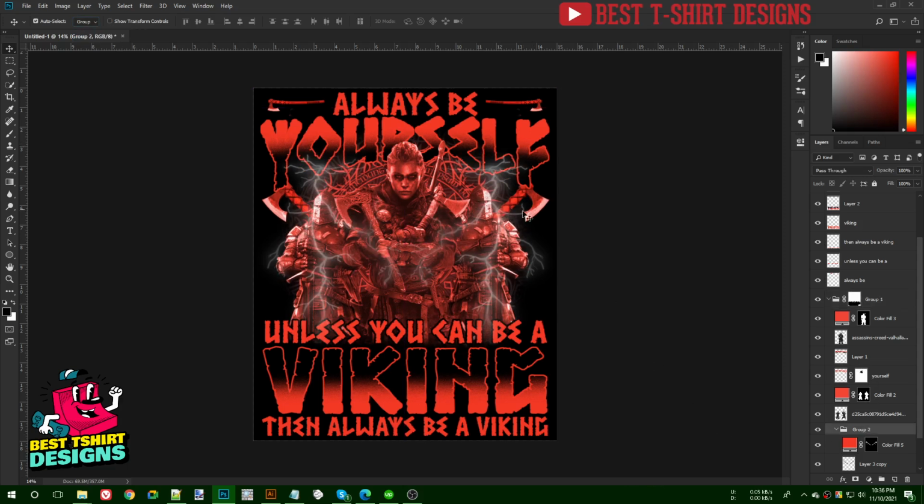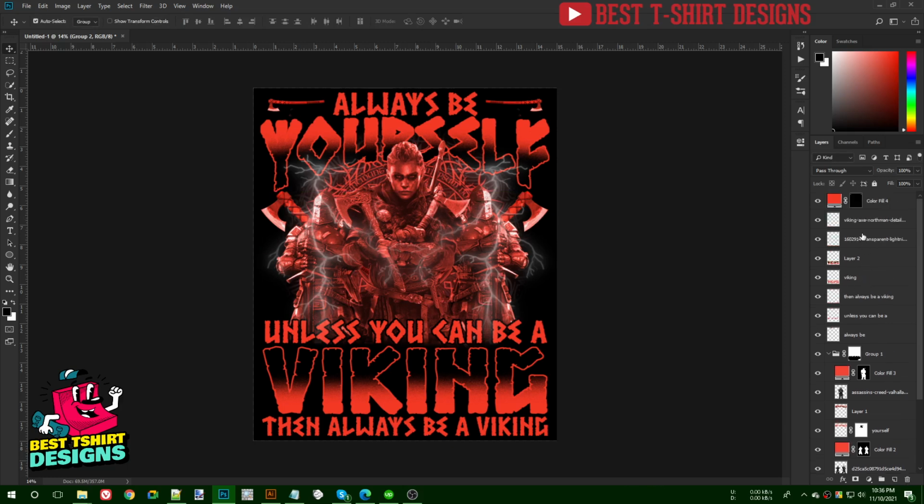Sometimes it's hard to select a thing because that is in the background, and on top of that we have this lightning layer. So we need to press Ctrl T for transform tool, and with transform tool we can move anything we want. And this is how it is looking. Let's select this lighting layer one more time, and let's bring the opacity a bit up so that the lighting is visible.